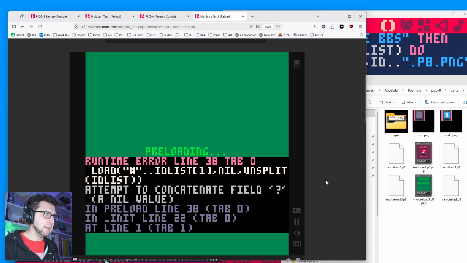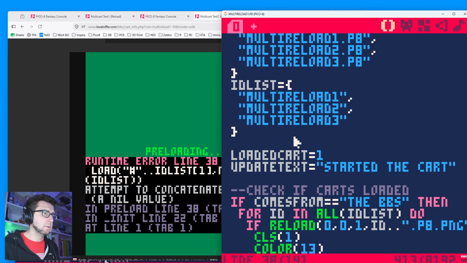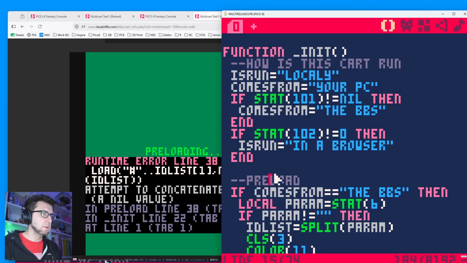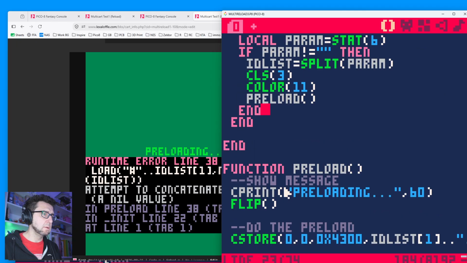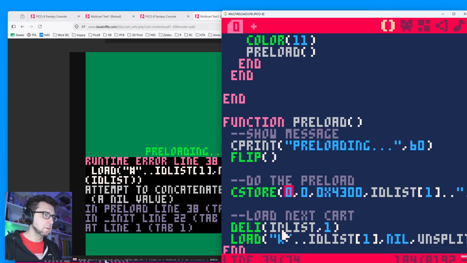In which line 38? We can't be in multi-load here, so we must be in multi-reload 3. Must be here. This part. ID list must